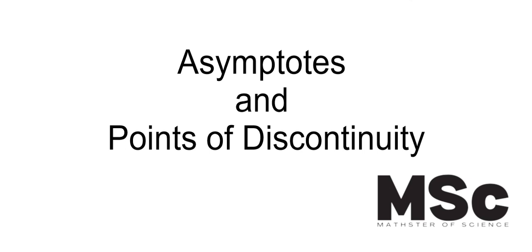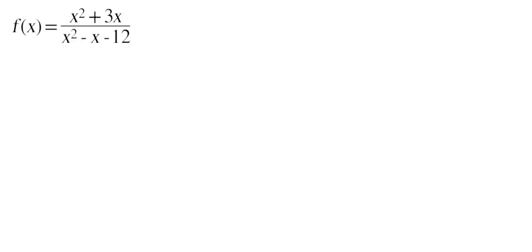In this video, we're going to be looking at asymptotes and points of discontinuities. Specifically, we're going to be looking at it for a function that looks like this one. It looks like the ratio of two other functions, in this case, two parabolas. The right-hand side here is really a rational algebraic expression. This type of function is going to lend itself to often having asymptotes, which we'll look at, as well